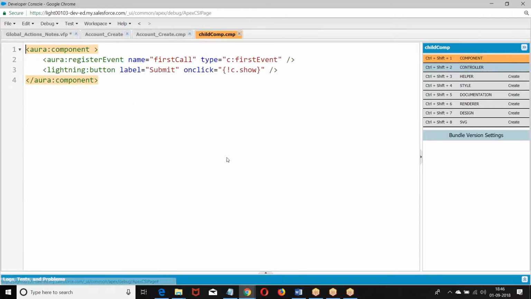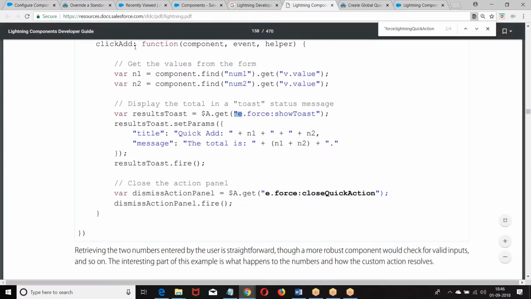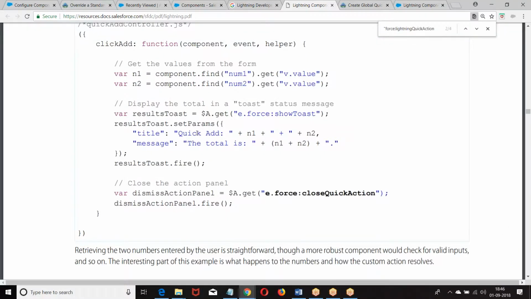The same story here also. We told toast. When you say toast, how do we want to pass? Toast message dot set params, key value. Now you are supposed to find it. So toast message, we just give a toast message. We want to find the message. Now what is that? Any event in the previous class also we have done. If you want to find the event, dot fire.